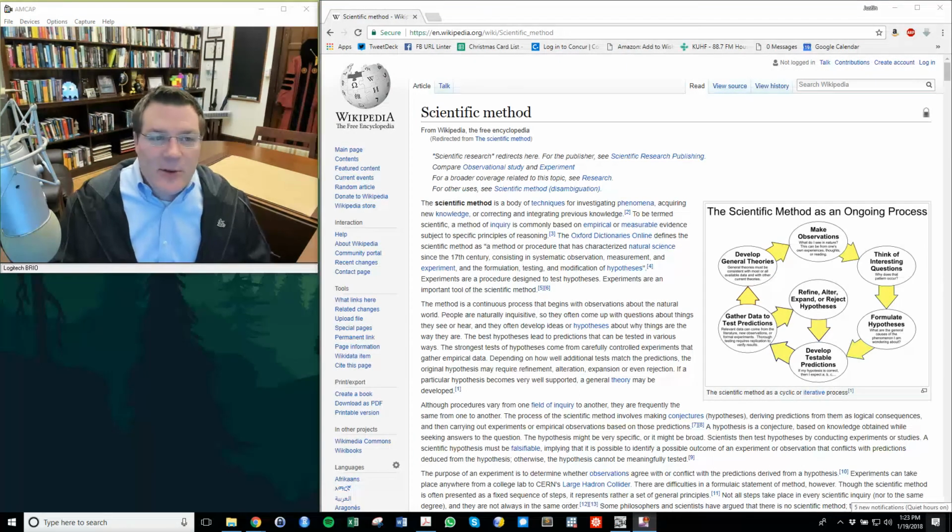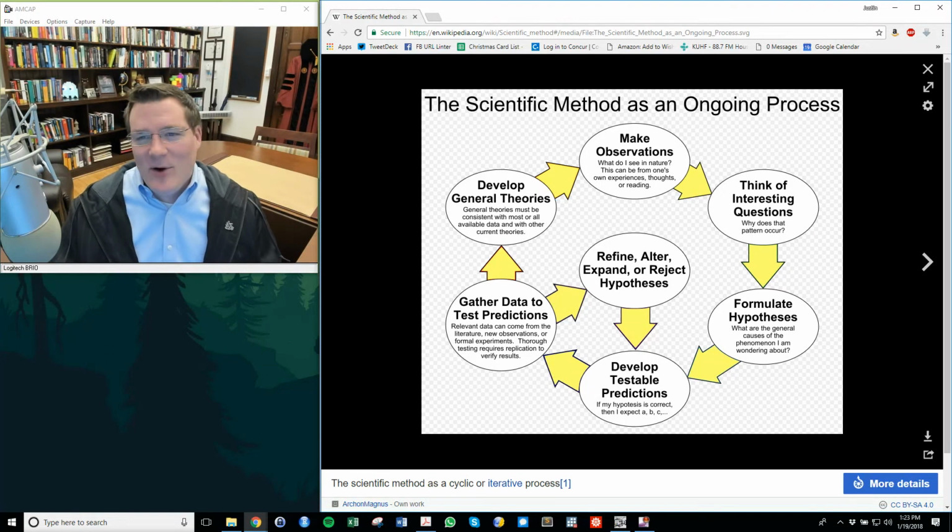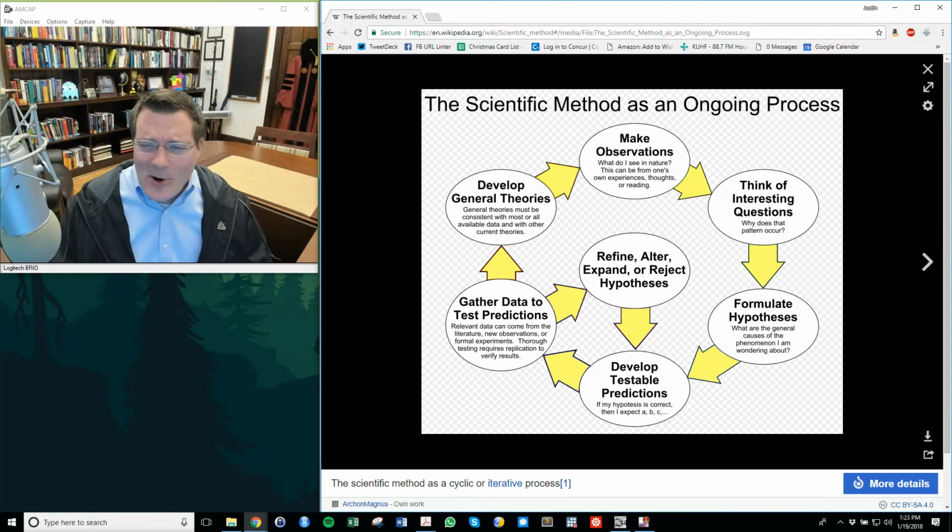So, for example, if you went onto Wikipedia and looked up scientific method, you would see this diagram right here. And if I expand this diagram, what does it say? What is the scientific process? You make observations, think of interesting questions, why does that pattern occur, right?